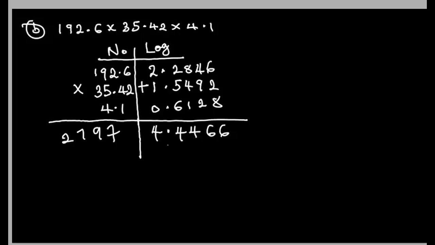So having gotten our anti-log value as 2797, we are not yet done. Just make one more step. Like I said, focus on the whole number here. The whole number here is 4. Since we are treating anti-log, I will always add a 1 to my whole number. So if I add 1 to 4, it becomes 5. And then the final answer becomes